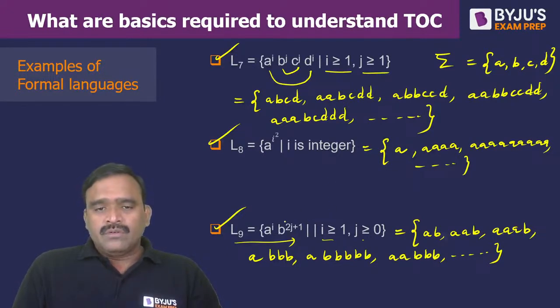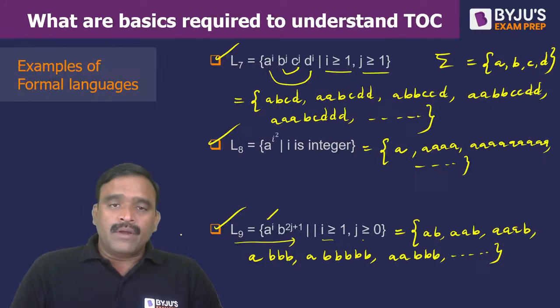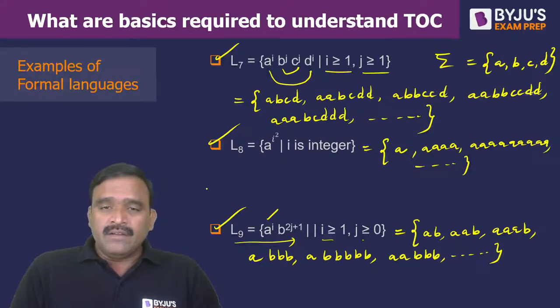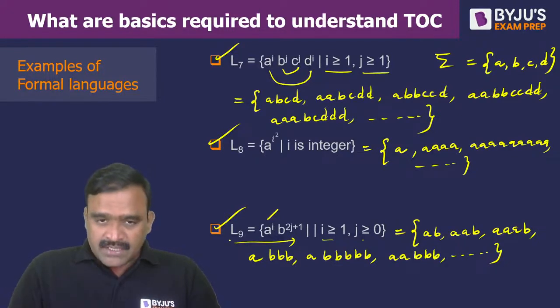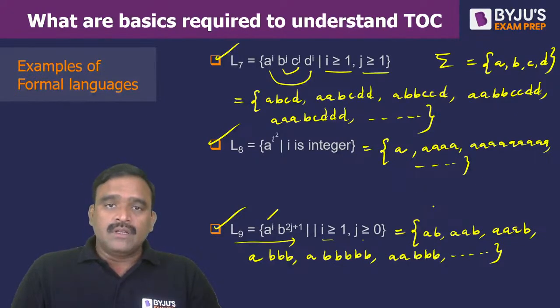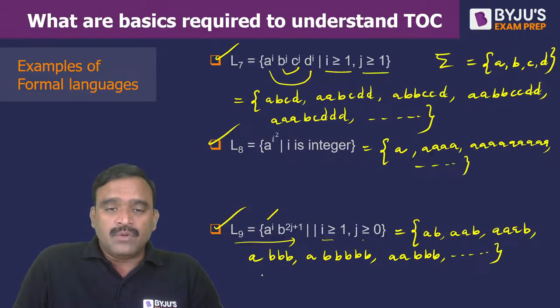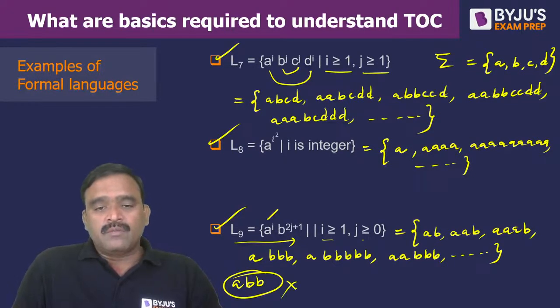Okay? So the A's are independent here. There is no dependency in the sentences. So like that, validity of a string in a language is very important, because if I construct a grammar for this, all those sentences must be derived from the starting symbol through the productions, and wrong strings should not be generated. For example, ABB is a wrong string because an even number of B's is not possible.